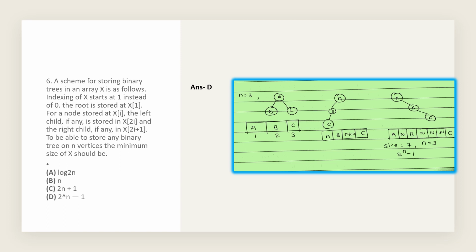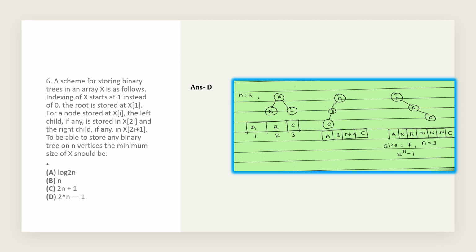So I have mentioned three binary trees. The first one is balanced, the second one is left skewed, and the third one is right skewed. If it is balanced, then memory will not be wasted here, and we can store as per the algorithm, which has given xi, with the left child at x2i and the right child at x2i plus 1. So as per the algorithm here, the memory is not getting wasted, but in the left skewed one,